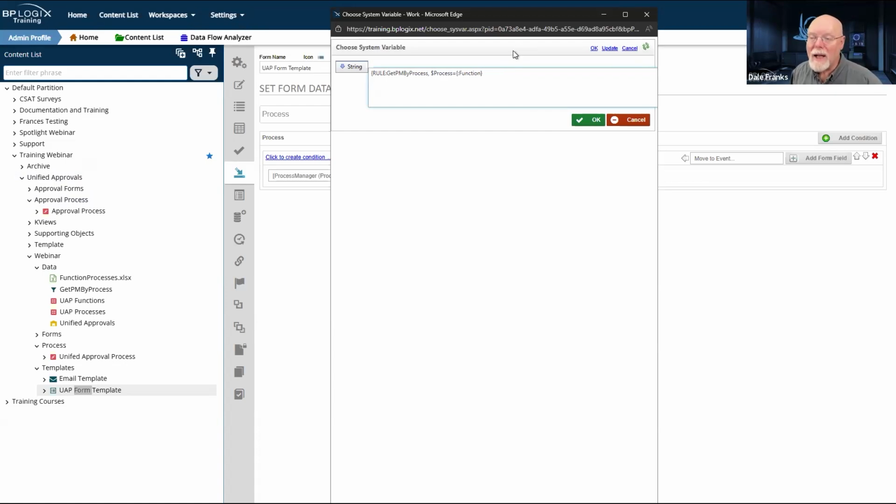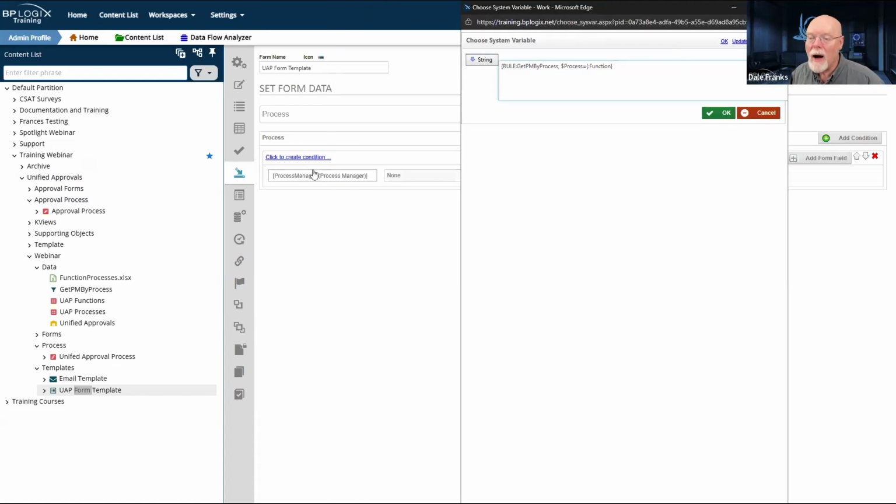Now I'm setting the value of process manager, which is a user picker. So I've called the rule. It's going to return the user, but I've got to be sure to be able to set this value that I set this to the UID of the user. So whenever that business rule returns the user object to me, I'm going to need to use it to set the value of this user picker.